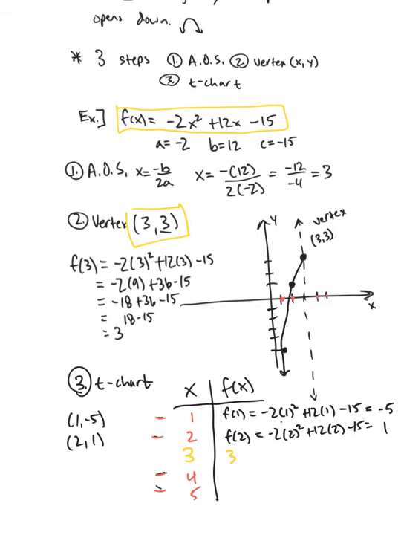Guys, you can certainly plug in f of 4 if you'd like. Or you can use the axis of symmetry just to understand that it's going to reflect. F of 4 is going to be 1. It's going to reflect that point that was at 2. These two are reflections of each other. And then same thing with 1 and 5. You could certainly plug in f of 5 and do all of that work. But you're going to get that it is -5 because it's a reflection